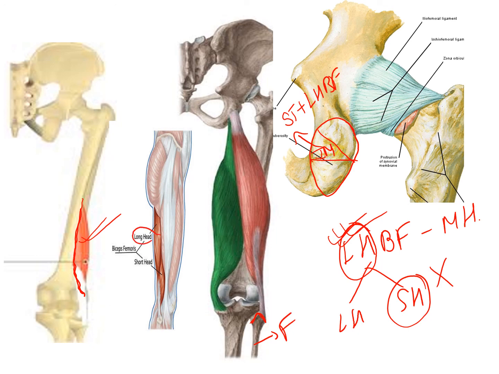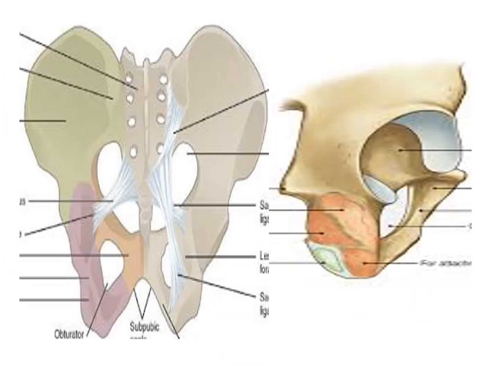If you see here, this is the long head and this is the short head. Both the muscles join together and are inserted into the styloid process of the fibula. So that is about the long head of biceps femoris. Now what is the ligament remnant of this long head of biceps femoris? It is the sacrotuberous ligament. So if an MCQ question is asked, sacrotuberous ligament is a remnant of which muscle? Your answer will be the long head of biceps femoris or simply the biceps femoris muscle.